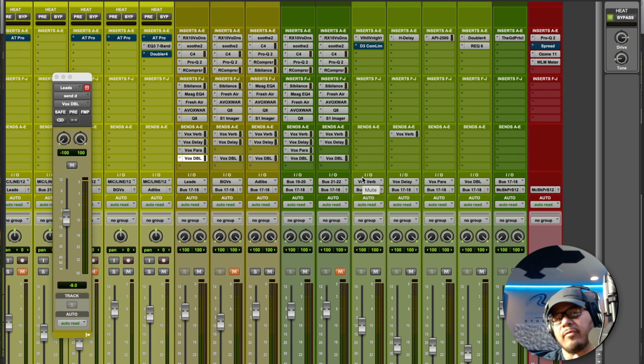And again, all of the vocals and all of the effects are going into God Particle here as our final